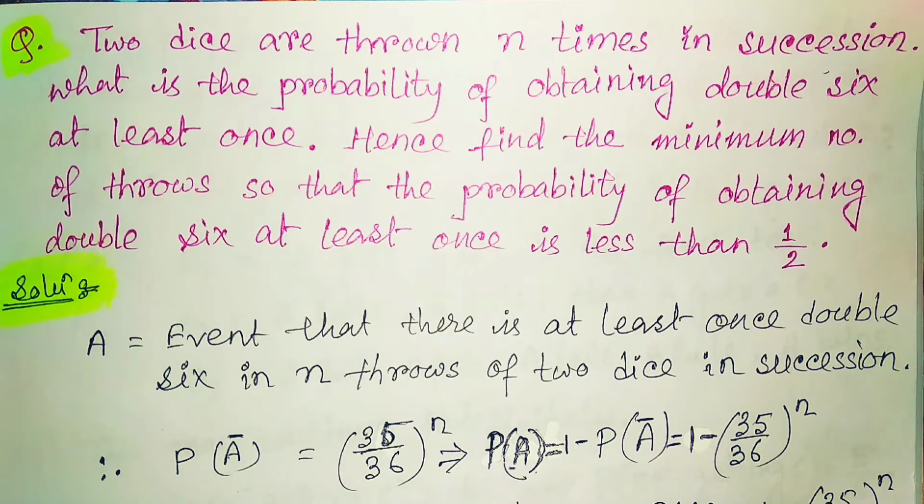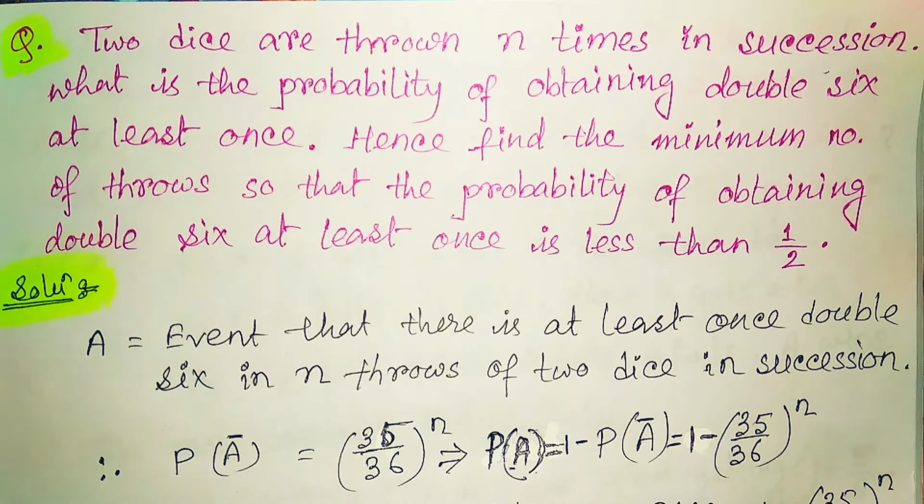So first it is given that two dice are thrown n times in succession. Then find out the probability of obtaining the double 6 at least once. First of all, when two dice are thrown n number of times, the occurrence of double 6, that is both dice getting the value 6, its chance is very less. So our requirement is to find out the probability that at least once out of n successive throws it